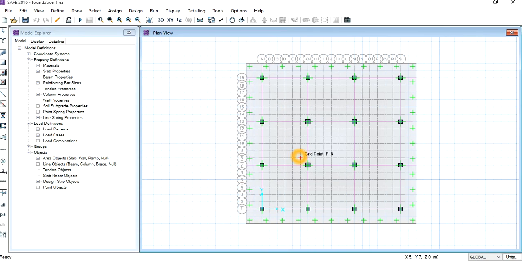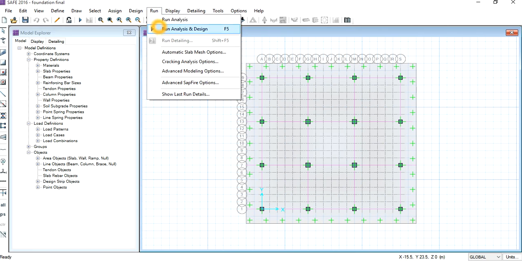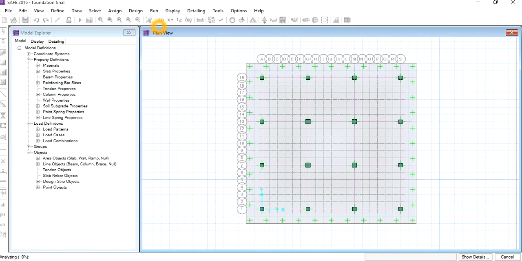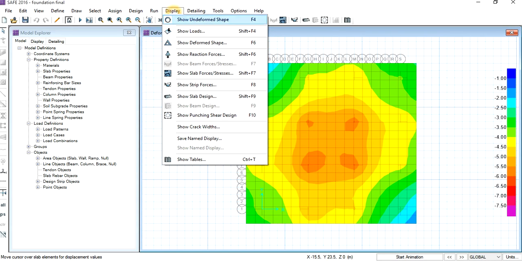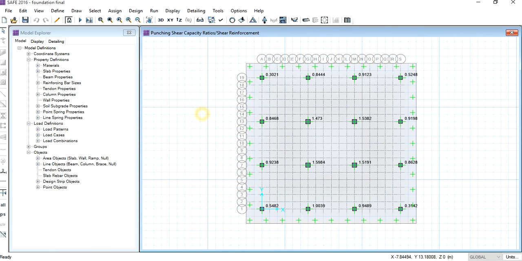Now click on run analysis and design. Go to the display, show punching shear design. We can see that still some of the columns are having the punching shear ratio greater than 1. So we have to again change the thickness of the slab. So unlock the model,